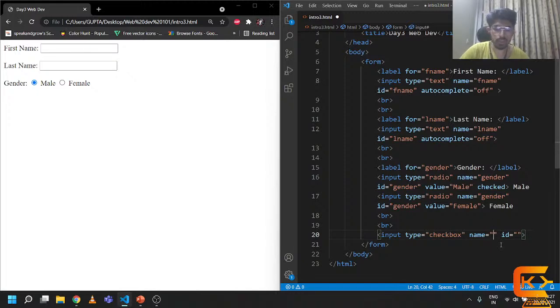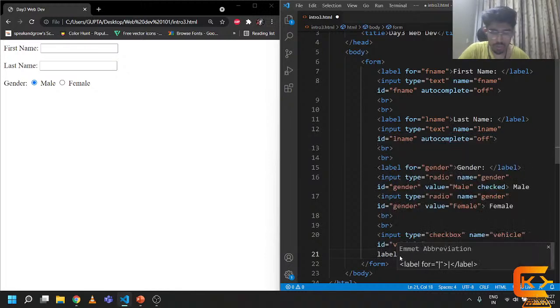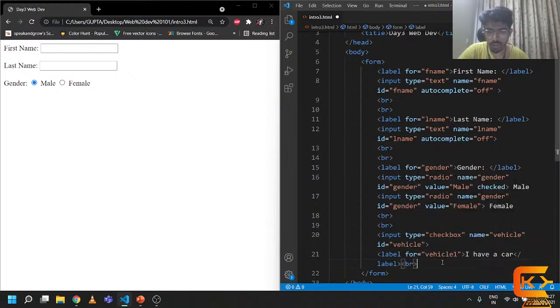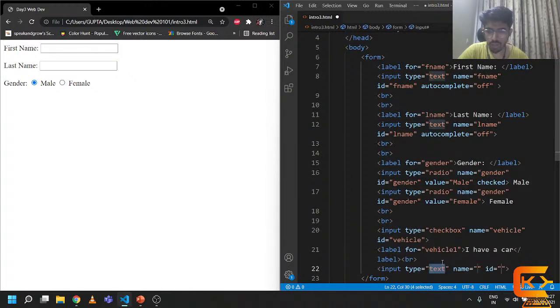We can have name equal to vehicle and ID vehicle, and we can have now a label, input type checkbox. Now label for vehicle 1, and in that I can write I have a car. Then we can give a BR here to get into a new line, and then we have another input type checkbox, then name vehicle